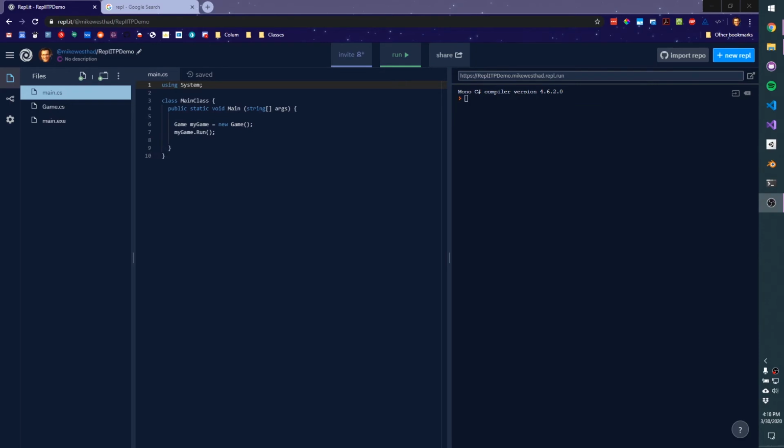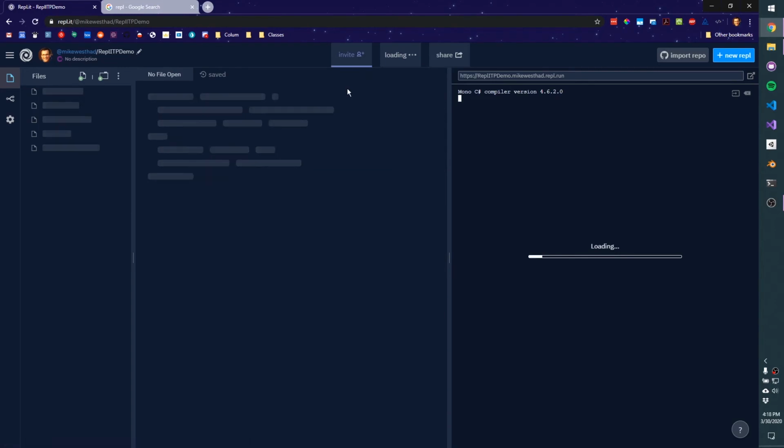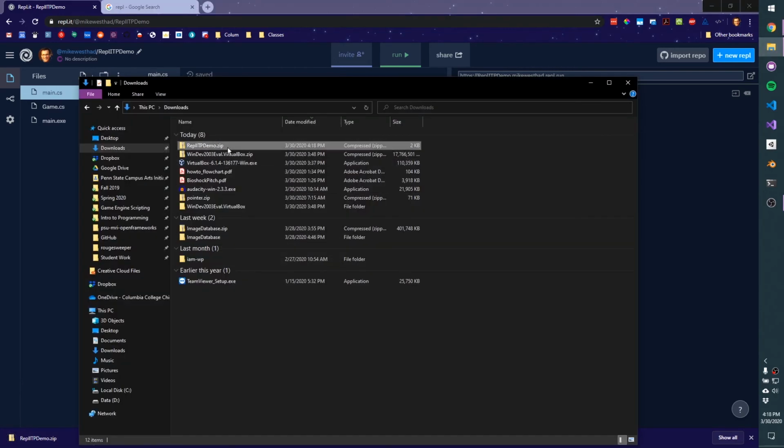So it's always a good idea to back up your projects. This is saved in the Repl website, so they have stored this on their servers. So if I leave the page and come back later, like here I'm just refreshing it, the project will be there. Whatever I've saved should hopefully be there. But we can also download. So if we hit this download as a zip, this will give us a download. I can open this up,